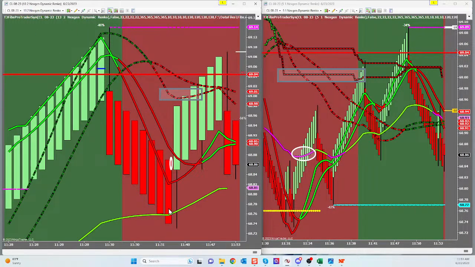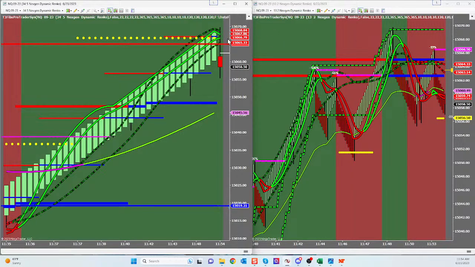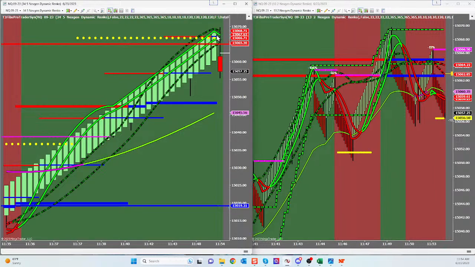Here's that crude oil into a termination condition, right? Closes the gap, hits resistance, trigger lines are below. You guys are in a state of waiting for odds favorable momentum, right? Waiting for that advantage and a clear path. And then NASDAQ termination condition to the T. This would be what Jose calls an OK top, right? There's a little bit of overrun, but 1, 2, 3 divergences kind of confirms that it might be overrun. And now we're waiting. Is it going to hold or is it going to break?